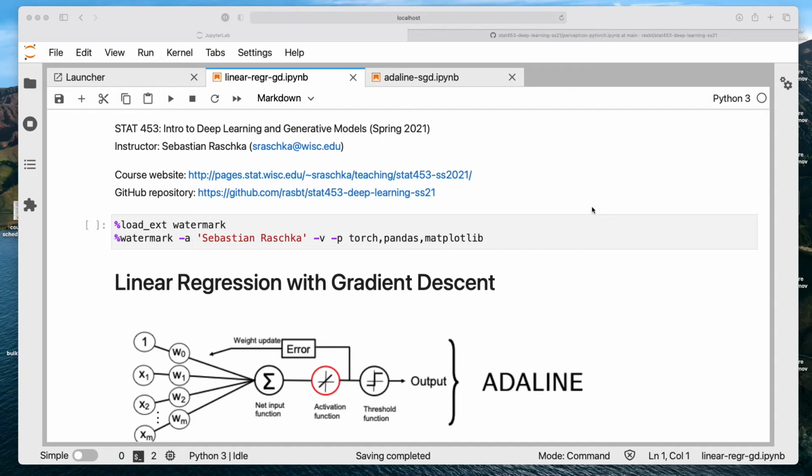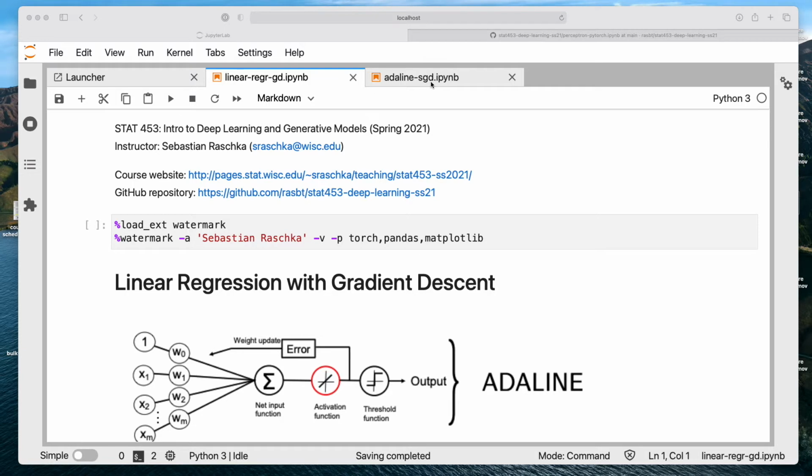Yeah, now let me show you a code example of linear regression and Adaline trained with gradient descent. So I prepared two code files. One is called linear regression GD. So GD here, this would be the regular gradient descent version. And then I will train an Adaline model with stochastic gradient descent.